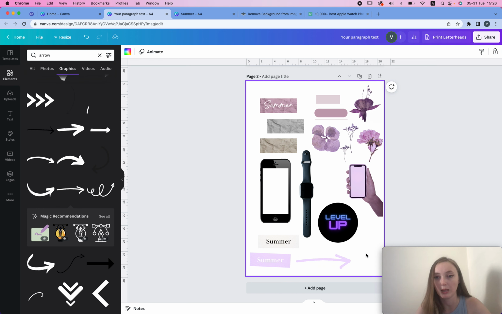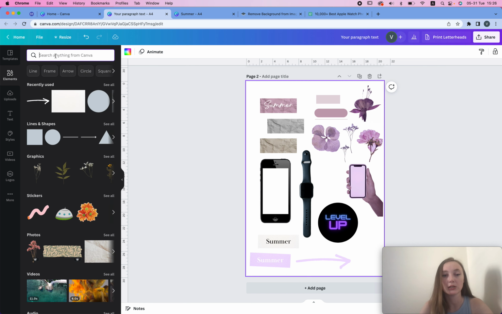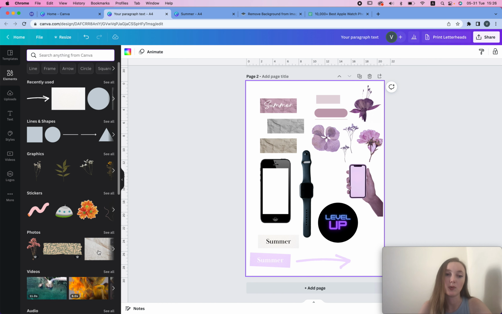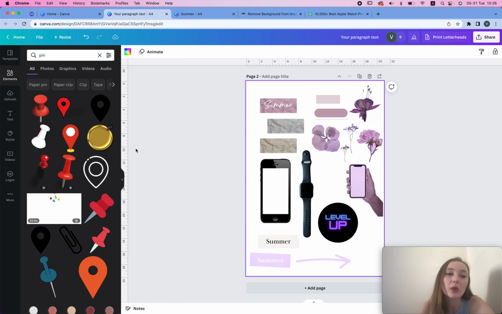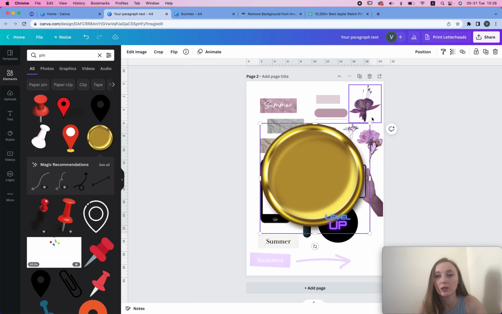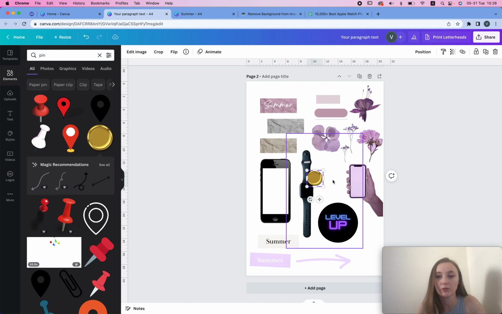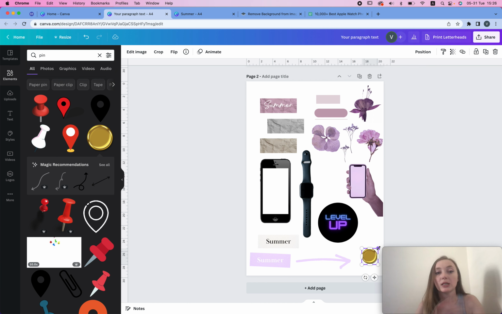So now I have my arrow here. And last but not least, you can use any photo or washi tape or whatever. You can also add some pins. So if you want to have a pin somewhere, you could just add it like that. You could have it bigger, so then I can reduce it on